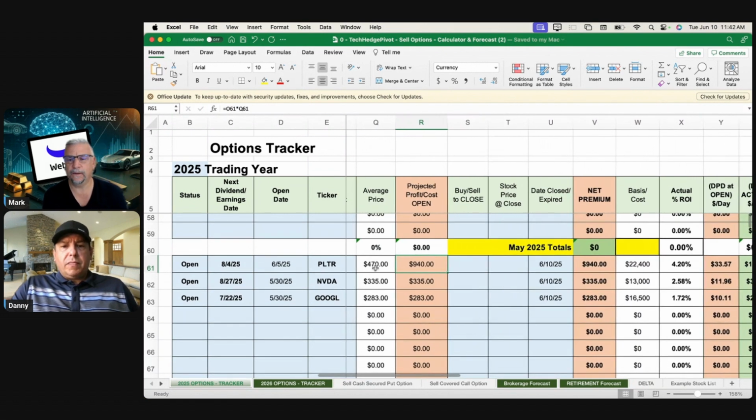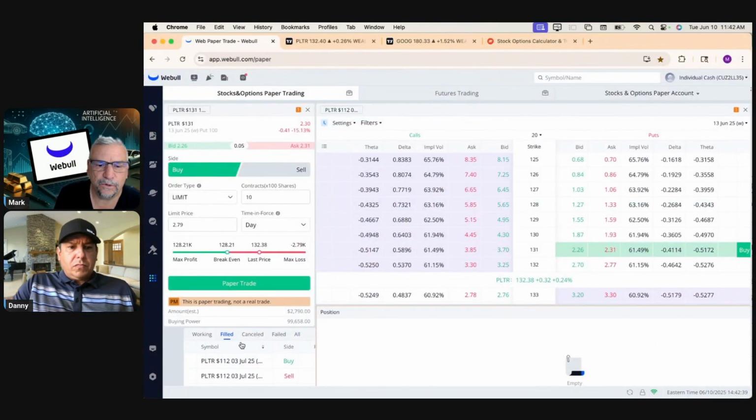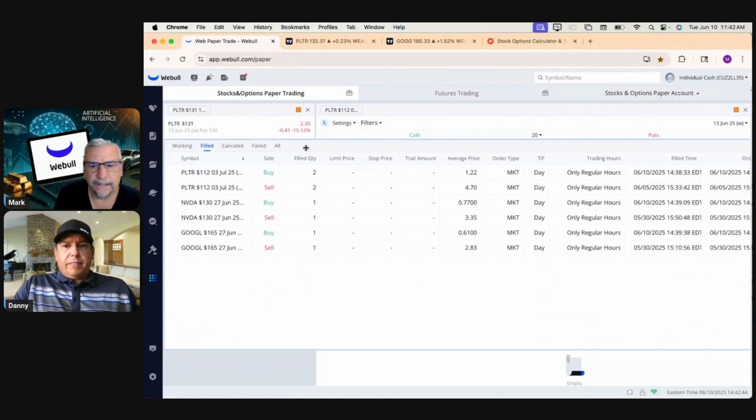So here, what we're looking at is to buy to close. So if we go to the Webull, it'll tell you that information. I'll go ahead and write the numbers down, Danny, on the top there. Okay. And then the Google, I'm going to make a note of $61, because 0.61 per share times 100 is $61. The NVIDIA is $77. And then Palantir average price is 122 times 2,